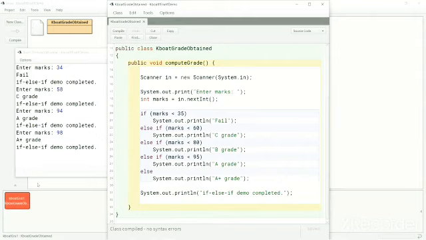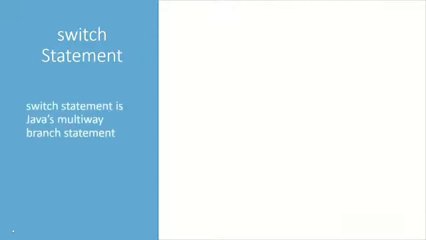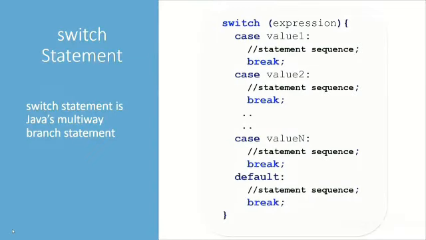This completes our discussion of if statement. Next, we will look at the switch statement. We talked about testing multiple conditions for making a decision while discussing the if-else-if ladder. Java provides another control statement, the switch statement, for such multi-way branch. It follows this syntax. Let's look at a simple example of switch statement and relate it with the syntax.